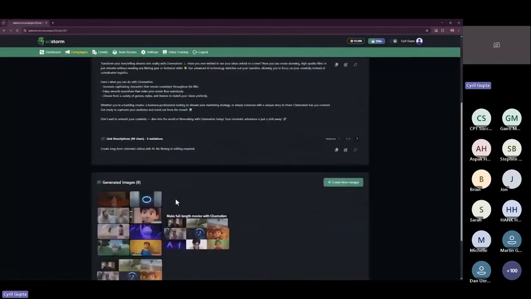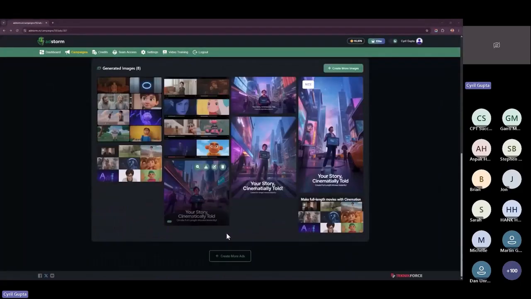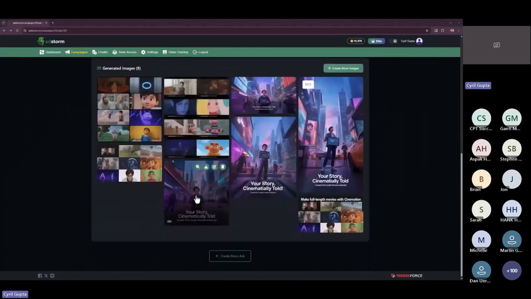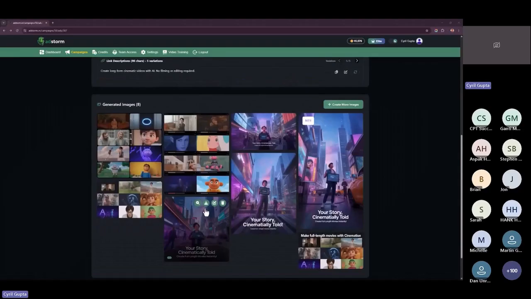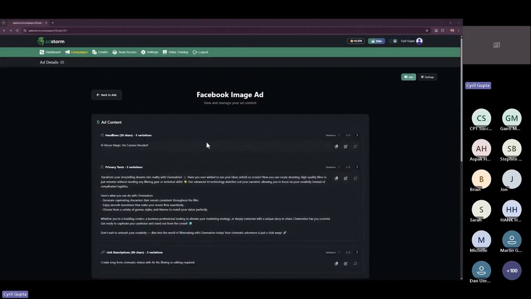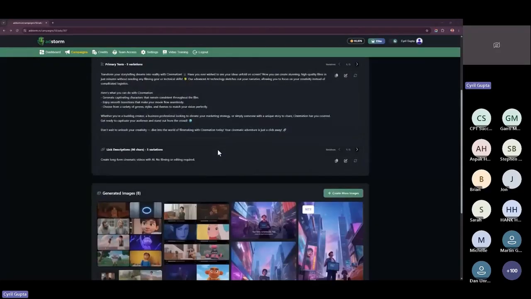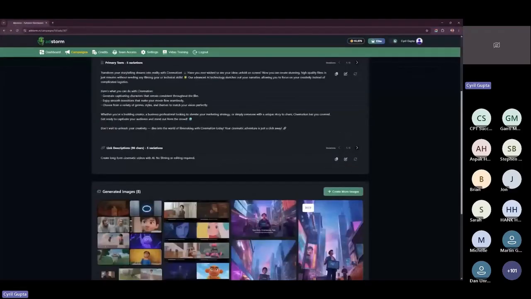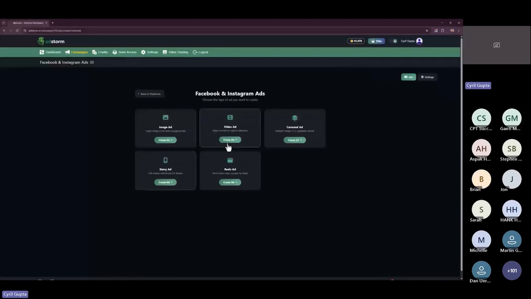Back to results. And you can see we've got all sorts of different variations. You can create all the designs you want and change them the way you want without being a designer. And of course, you get the perfect visual every single time. And your Facebook image ad is ready to deploy exactly the way you want it. Similarly, you can create ads for every single platform out there. In Facebook, you can also create video ads, you can create carousel ads, you can create story ads and reels too.